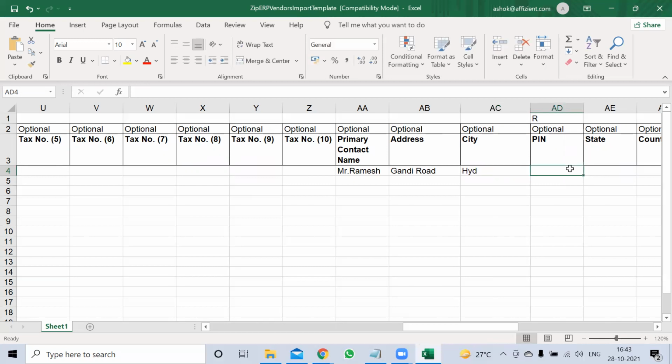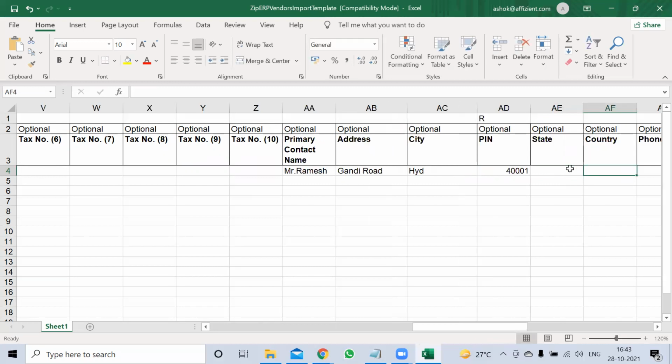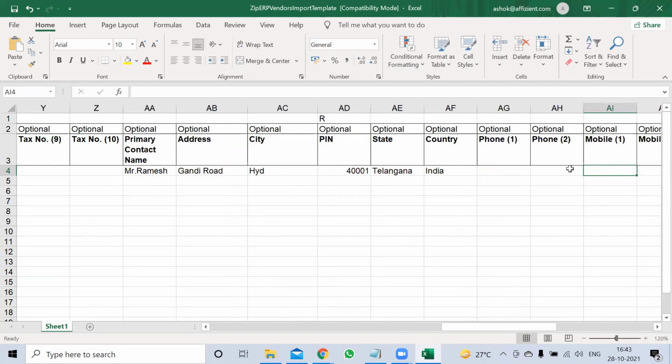Pin code number will be whatever is the number. State will be Andhra Pradesh or Telangana, however you would call it. Country, you can put it as India, but even if you leave it blank, it is no problem because we are configured as per the Indian taxation.